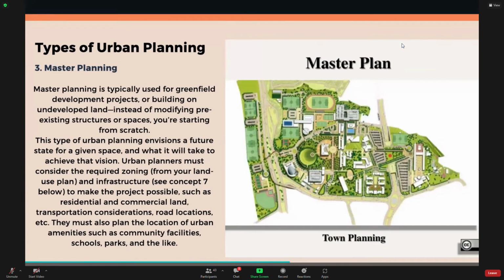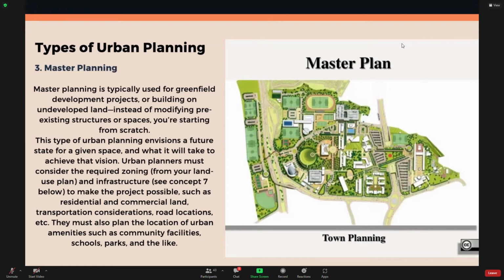Okay, and then number 3 is master planning. So I think this studio, I think you already started with your master plan, kan? Dapat master plan tak? Oh, I miss the urban final studio, that year final studio, where they come up with this master plan. They usually will come up with a big master plan and put it in the studio. So this master planning